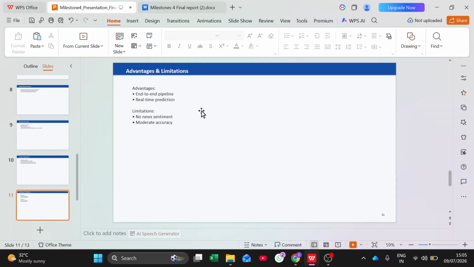Coming to the next slide, advantages and limitations. The advantages are an end-to-end pipeline and real-time prediction system. Coming to the limitations. The limitations are that it does not use news sentiment and the prediction accuracy is moderate. Coming to the next slide,